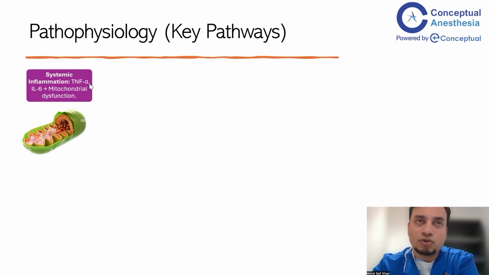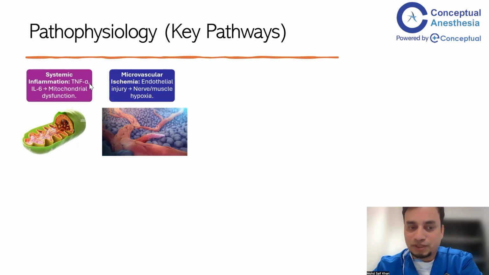Muscles and neurons require a lot of energy for their function, and in turn they require a lot of mitochondrial activity for ATP turnover. So whenever there is mitochondrial dysfunction, there will be a great impact on nerve conduction and neuromuscular transmission. Later, these patients will develop some kind of flaccid weakness. So this is one important pathophysiological pathway.